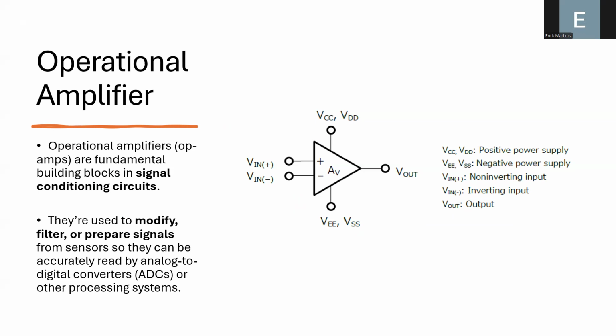Also, we have two terminals called either VCC or VDD, and VEE or VSS, and these terminals are used to power the device. In fact, in order to be powered, the operational amplifier needs two types of sources. We need a positive voltage source and a negative voltage source of the same level in order to power the device correctly. And then we have an output voltage pin. Okay, so here the input signal enters, and we can measure the output voltage and see the effect of the